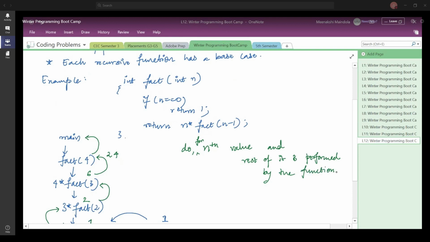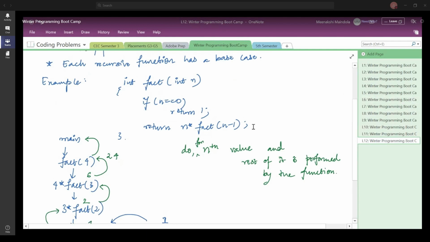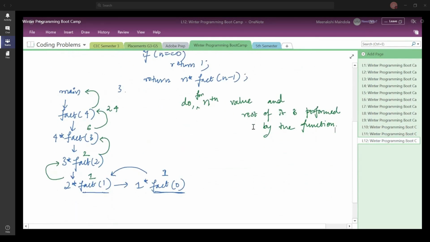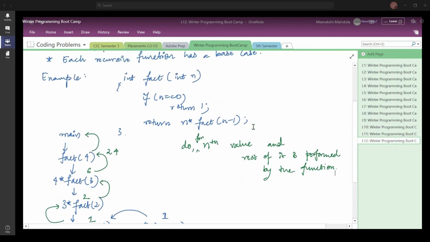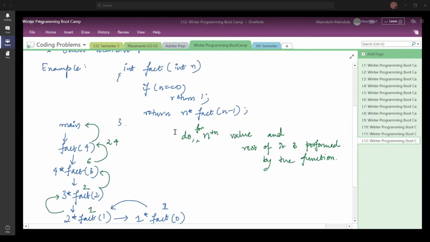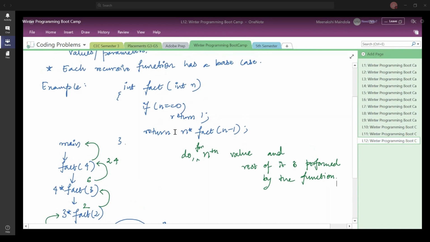Right. So is this part clear to you? Obviously, you know about recursion, but we are just reviewing how this thing happens. And just for your information, we require a base case with which we reach the end of the recursive calls, and we no longer make any more recursive calls and simply end the function with a return value.